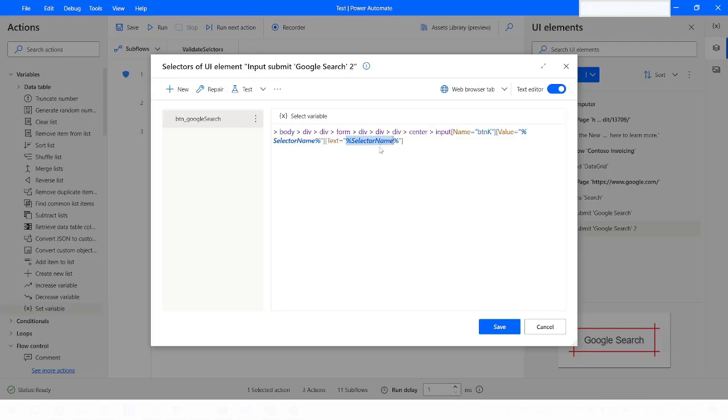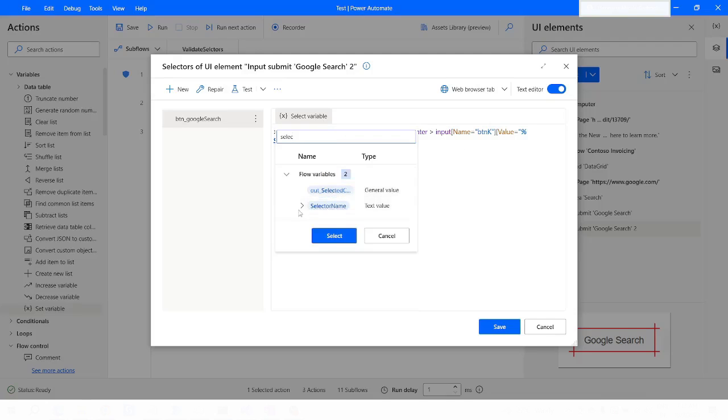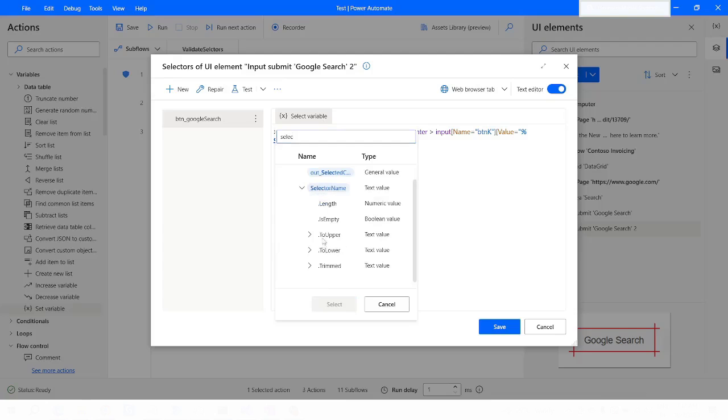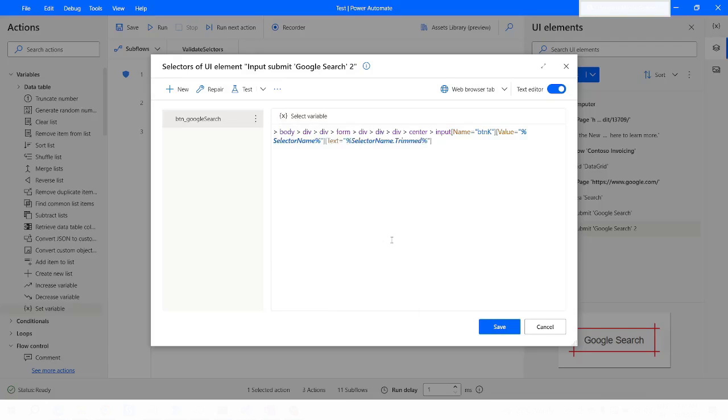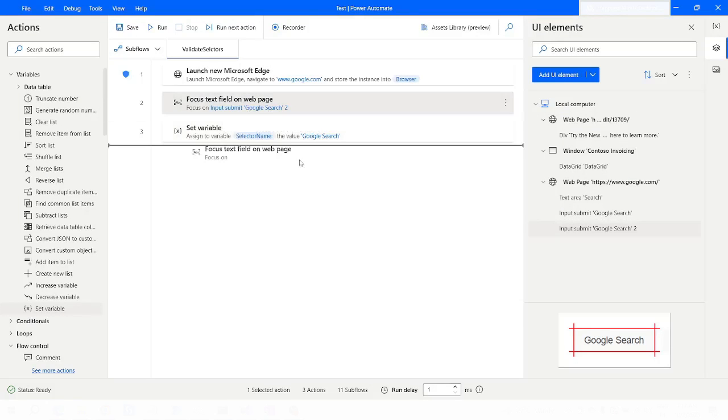If you want to trim this value, you can go to selector again, and here you have some properties which can be utilized to modify the string. So here I will choose the trimmed, then I will click on select. This I have done just to showcase how you can trim the string. It might not be required in your case, but this is how you can use the specific attribute of a string variable. I will click on save,